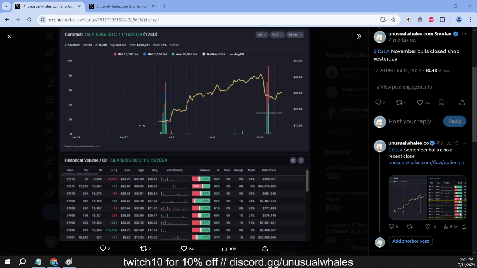Here's a recent example of the same mechanics at play. 16,000 or so Tesla calls opened on July 1st. Similar volumes on July 11th, which resulted in a large decrease in open interest. It is highly likely that the July 1st trader has closed their entire position. Whoever their original counterparty is still the counterparty to some other person or persons, but as with the previous example, the original trader is all out.